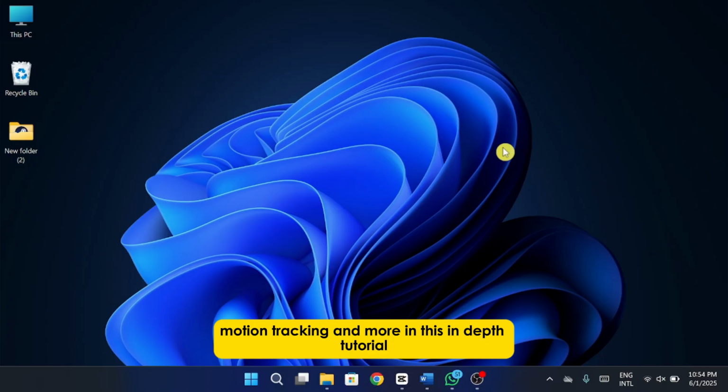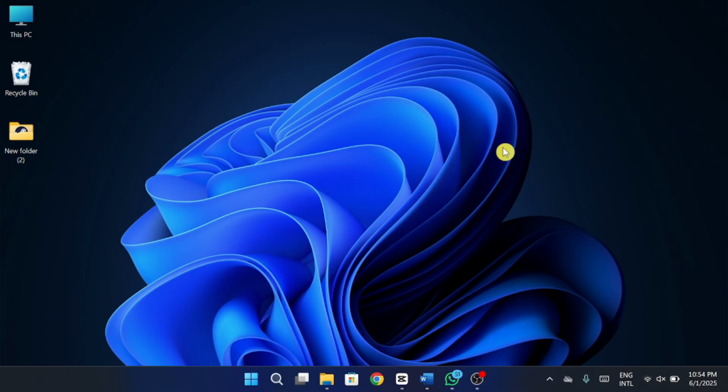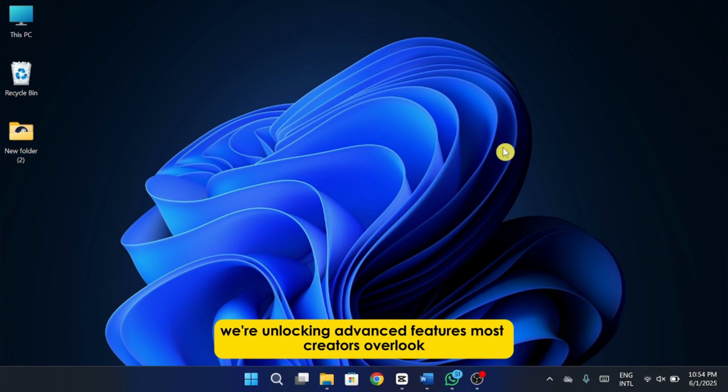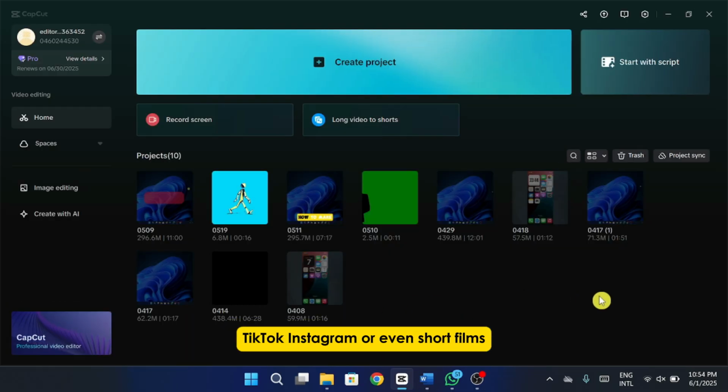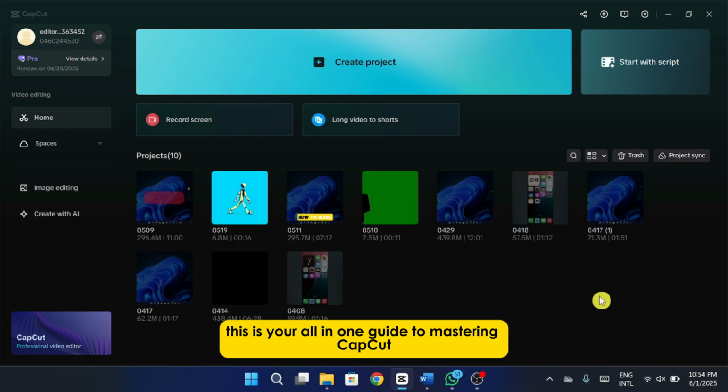In this in-depth tutorial, we're going beyond just trimming clips and adding text. We're unlocking advanced features most creators overlook and showing you how to use them to build dynamic, engaging, and cinematic content from scratch. Whether you're editing for YouTube, TikTok, Instagram, or even short films, this is your all-in-one guide to